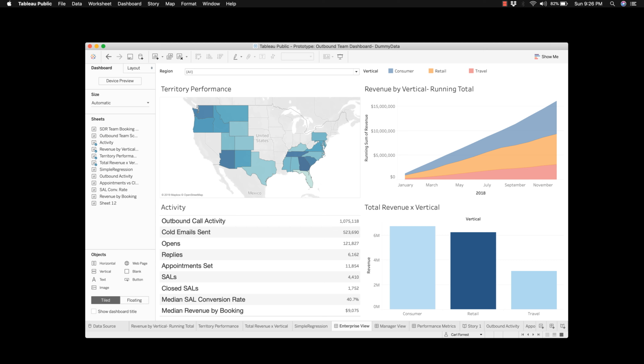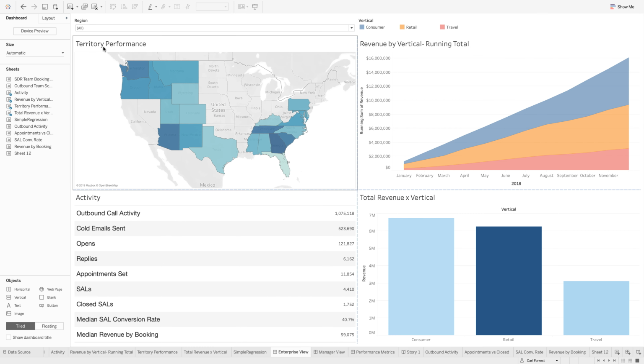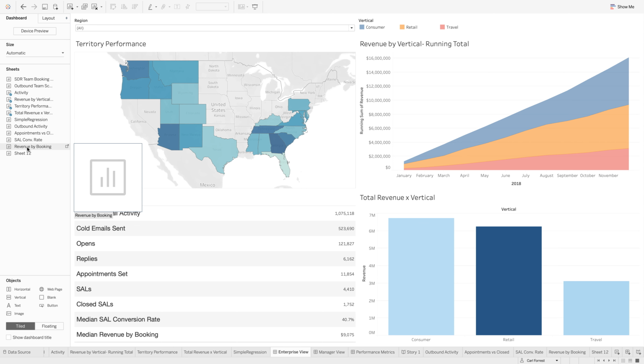So we're going to go ahead and jump right in. I've got a dashboard that I've already built here. So when I first started in business intelligence,